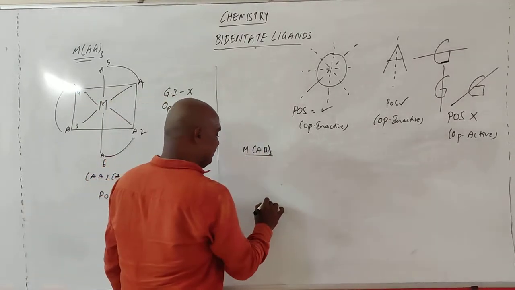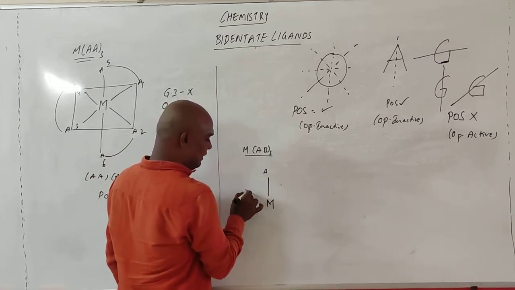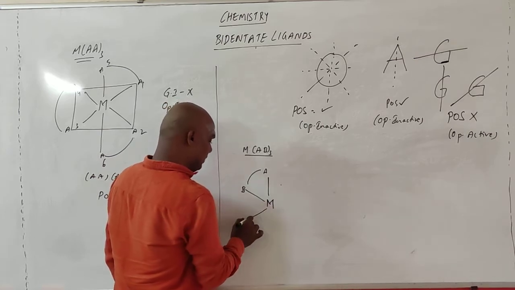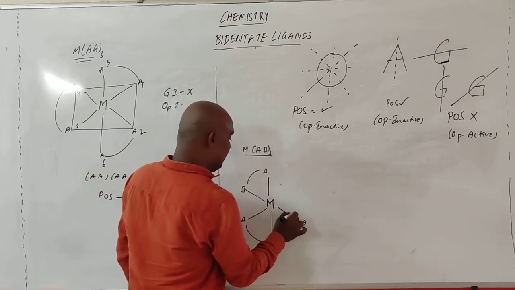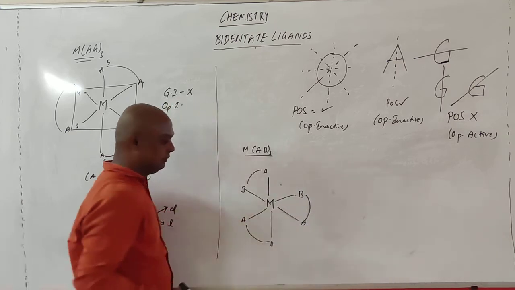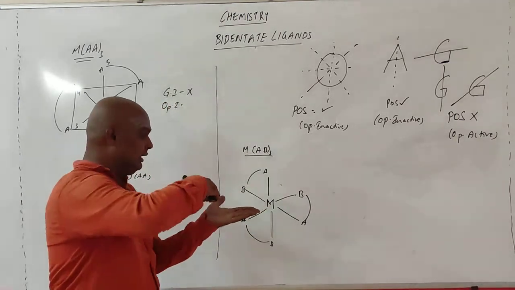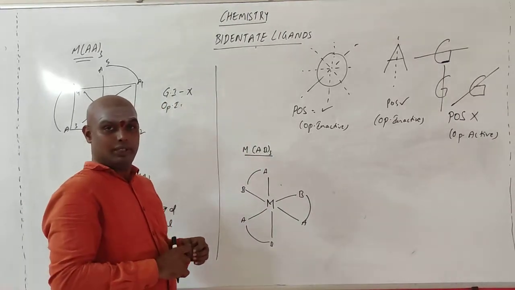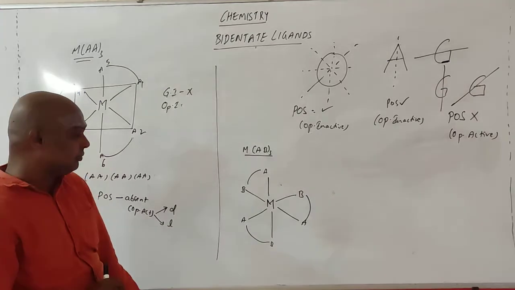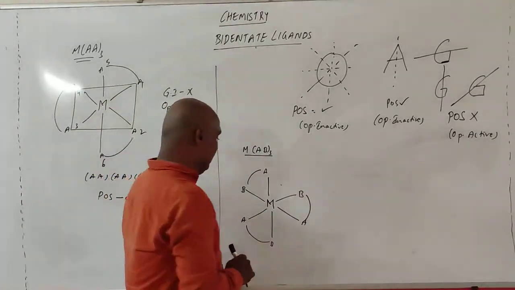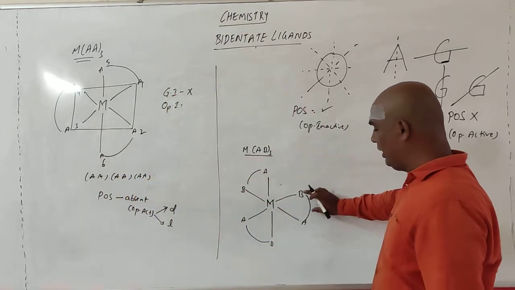Okay, there are structures like this. M with A B, this one, A B, this one, A B. See, these B B A, this entire section like this here, A and this one B are opposite. Getting it? So is there any possibility of writing the molecule one more way? This is one way of writing this one. Next, one more way is if you put any one, you can fit this one.